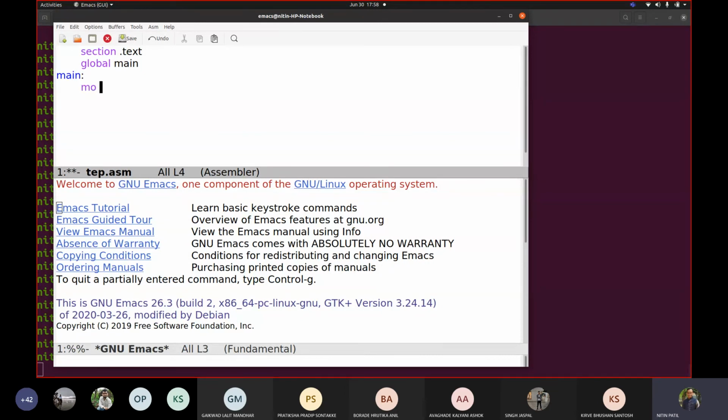You write all these instructions, for example, move ex comma eax, move ebx comma eax, move ecx. You can change the order even. Then edx comma eax, move esp comma eax, move ebp comma eax, move esi comma eax, move edi comma eax.